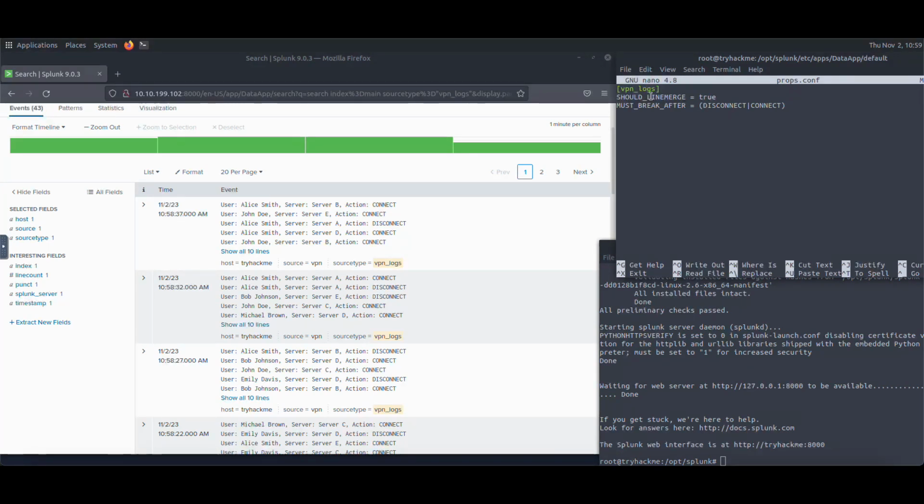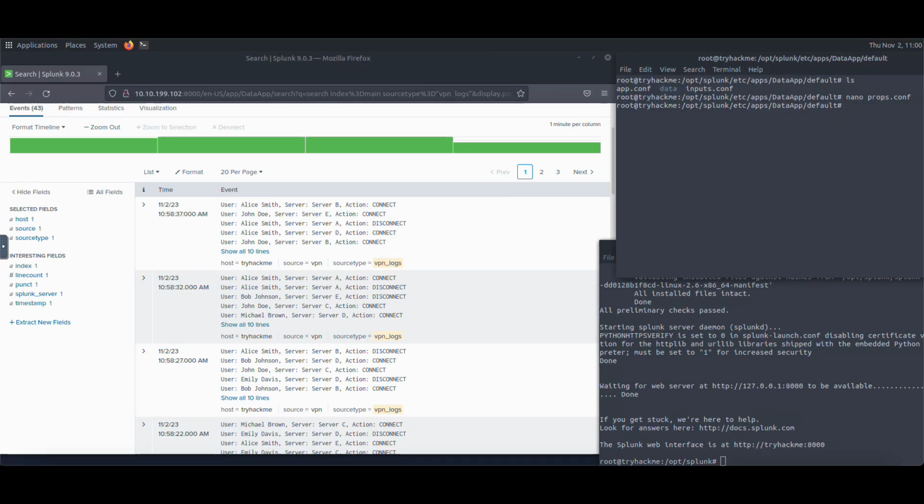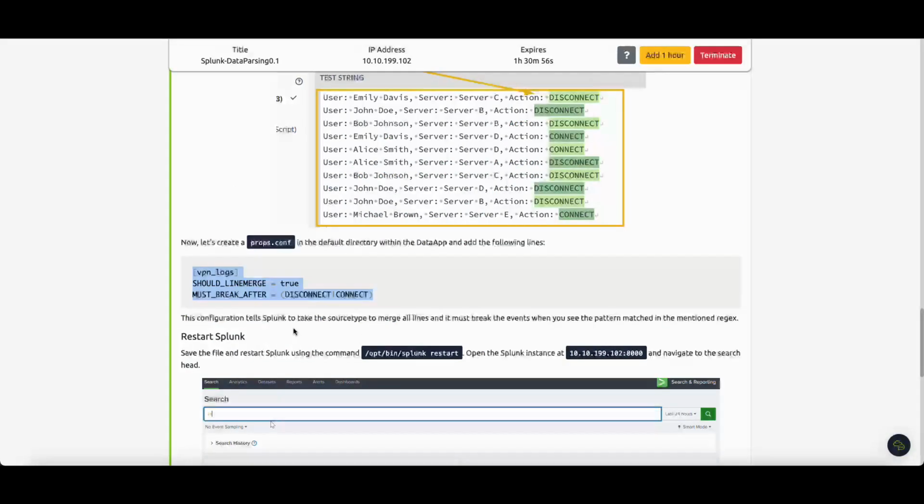The related source type is VPN logs, SHOULD_LINE_MERGE is true, and MUST_BREAK_AFTER is a stanza. It is described in task 4, and the related regex command for this stanza is disconnect and connect. Let's press Ctrl O, enter, Ctrl X. Now it's ready, and we will restart our Splunk again. Before doing it, is something missing? Let's check it. This configuration tells Splunk to take the